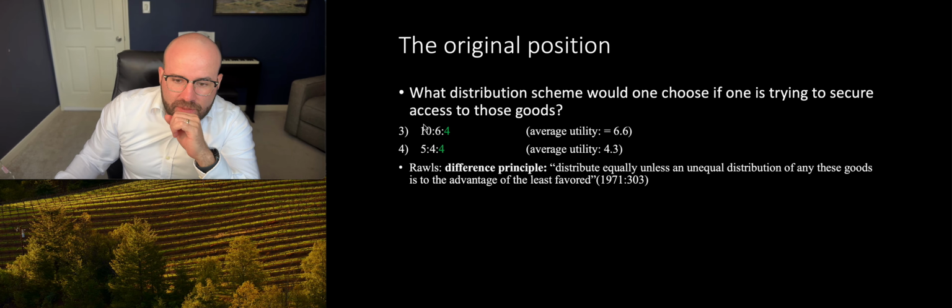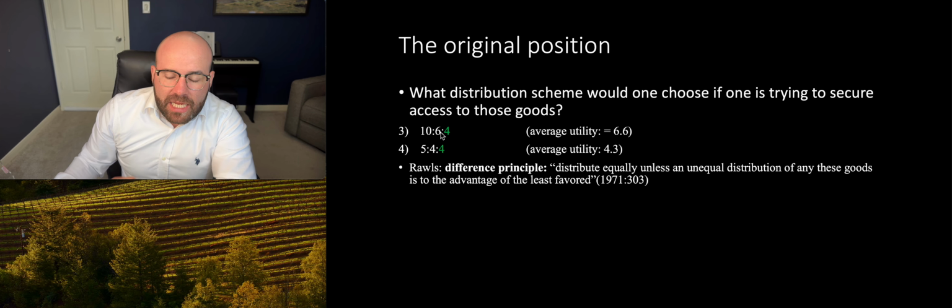There is a massive inequality in this one, but the options are not such that it would make the worst off better. If the option were 10.6.4 and, let's say, 5.4.3, then the difference principle would support 3,